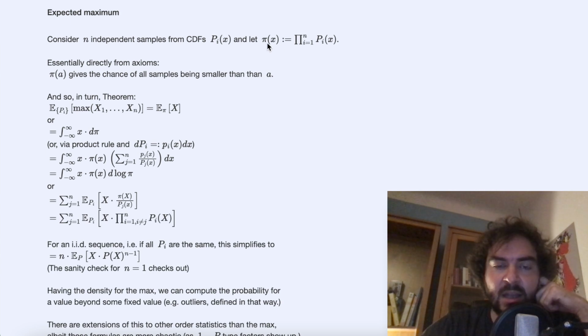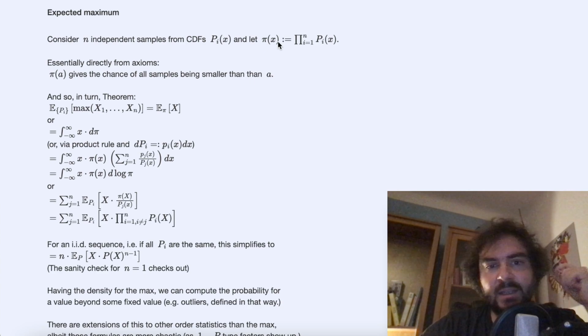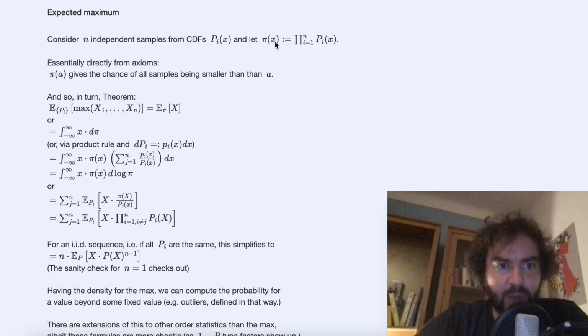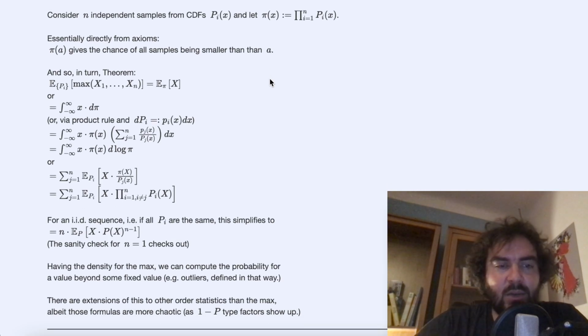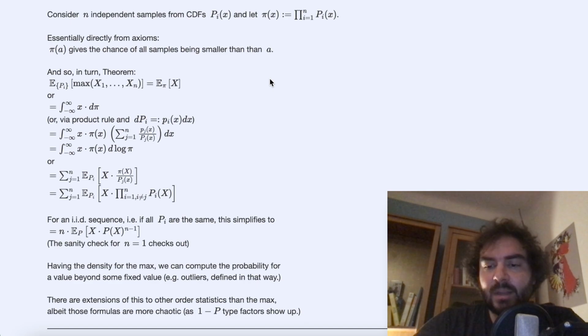So this is non-standard terminology, but I wanted to have a short name for this product, and so I called it pi. This pi of x gives you the probability that all values that you would sample lie below this input value x. And from this, basically out of the box, I mean, formally you would have to argue a little bit, but it's completely clear, sort of by way of argument here, that then the expectation of